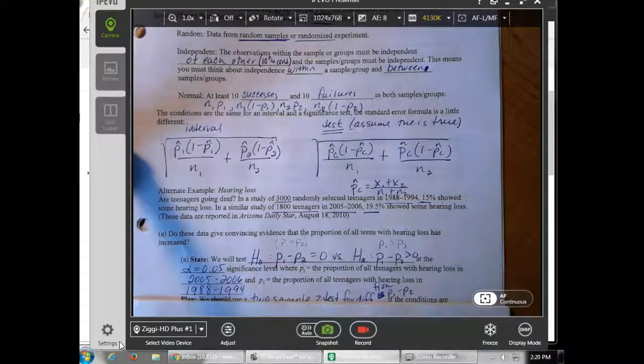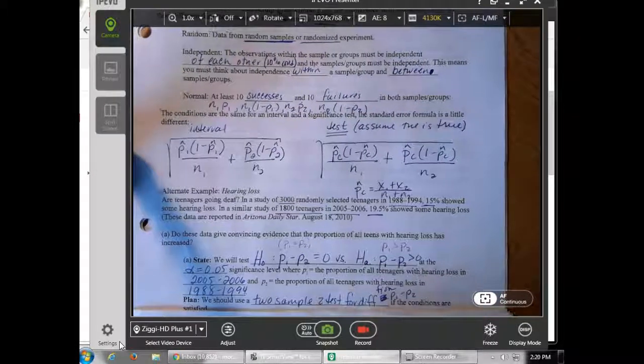Now, I'm not talking about p hat sub 1. I'm talking about the claim made that hearing loss has increased. So we're going to actually do a 2-sample z-test for a difference in p sub 1 minus p sub 2, only if the conditions are satisfied. So first, the random condition says the data came from 2 separate random samples,